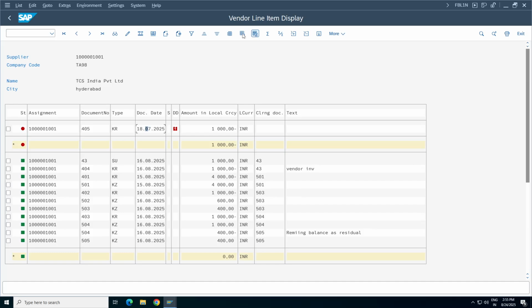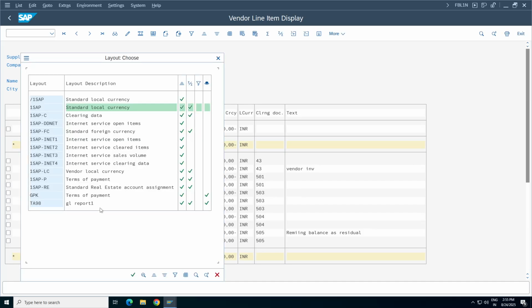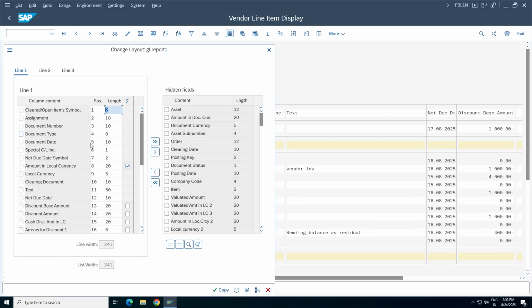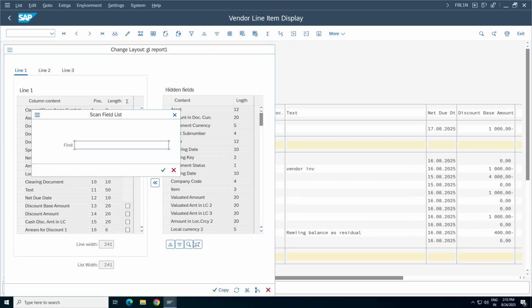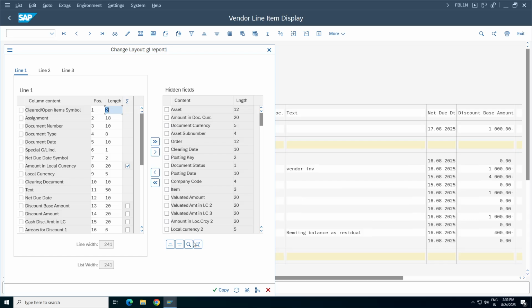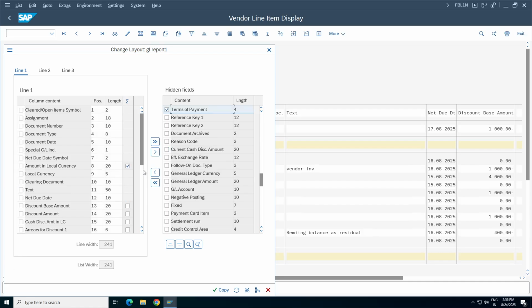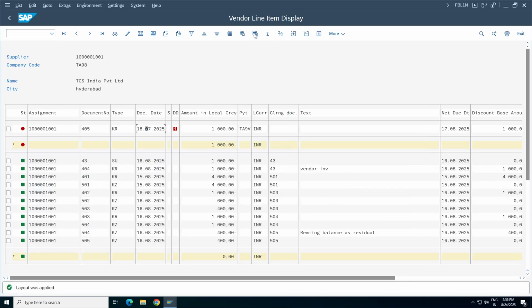Yesterday we created one variant, right? So let us take TA98. You can see the dates here. We can get one more thing here: if you want, you can get payment terms also, which is an important field. But if SAP has provided it, then you will get it, otherwise no. I don't think we have payment terms here. Yeah, it's there, terms of payment. You can keep it somewhere, pull it back here, click on copy,